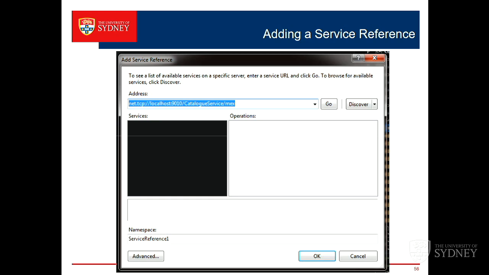And this is localhost, so I've got catalog services running, so it'll go and look for the metadata service from that service. And if it finds it,